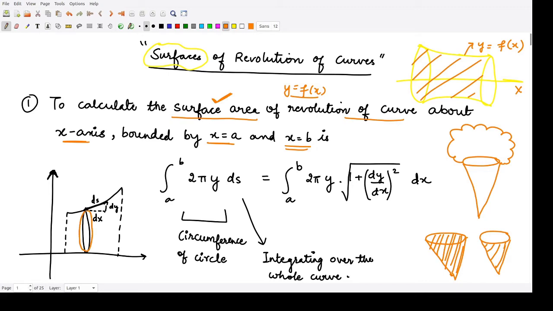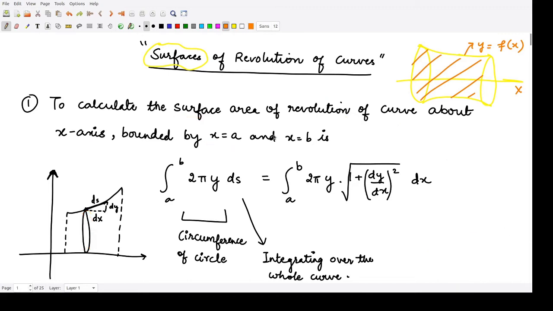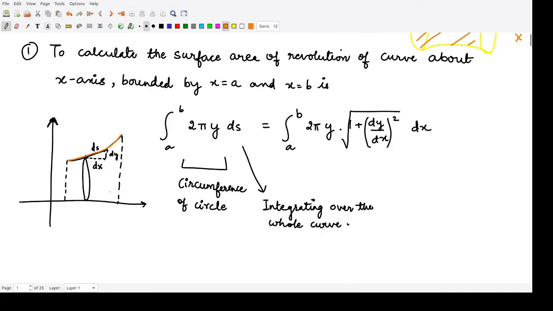So you take one circle. Basically what you are doing, you are taking a knife and dividing this particular figure. Let me see. Here what we are to do, we are to calculate the surface area for this particular curve. This is the given curve and we are to calculate its surface area by rotating this curve about this x-axis. So the figure would be something like this.